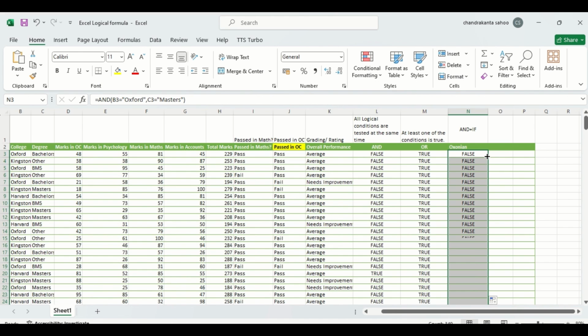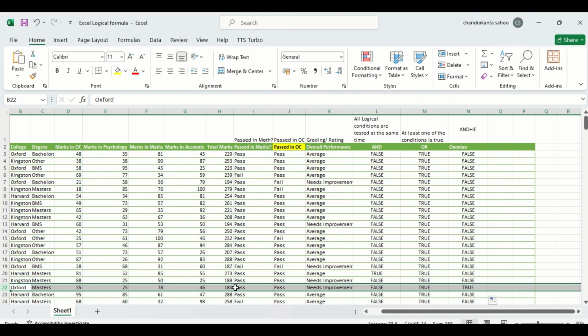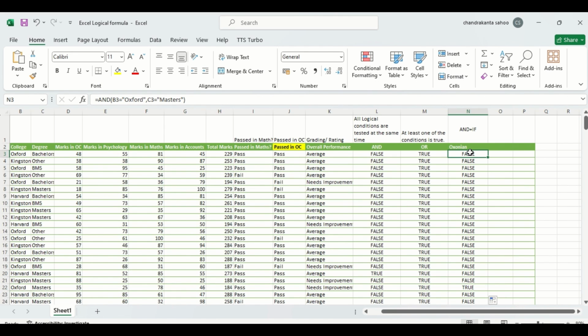Then we can see here, you can see, logic true. So the student is from Oxford College and he is doing masters. Therefore, it is true. But what if we want to use some custom text here? Instead of writing false and true, we will call the student an Oxonian or not an Oxonian. In that case, you can see, first we will write